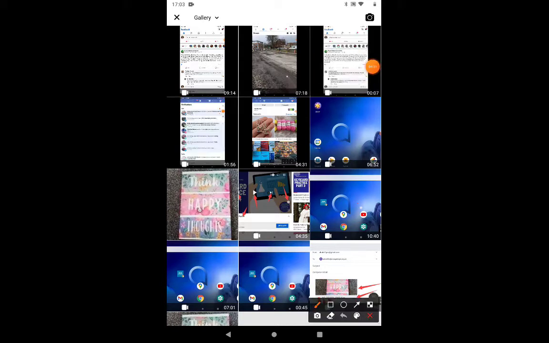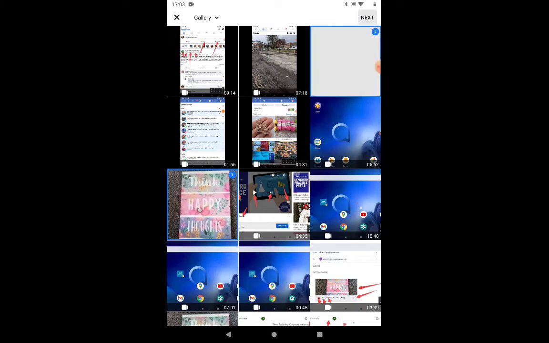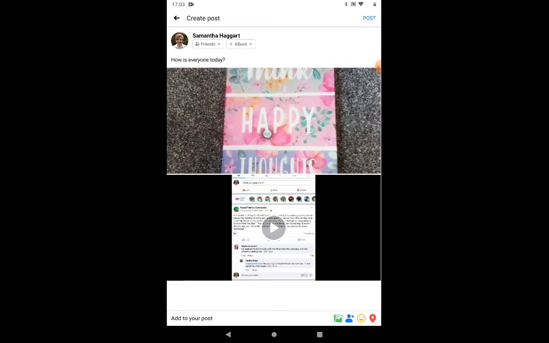So you find the photo that you want to add. Could be for a family event or just a place that you've been, or you're out for a walk. Just tap on it, and if it doesn't connect straight away, which I don't think it always does, you've got a next button at the top. If you see next up there, just tap on next, and it's added it into Facebook there.